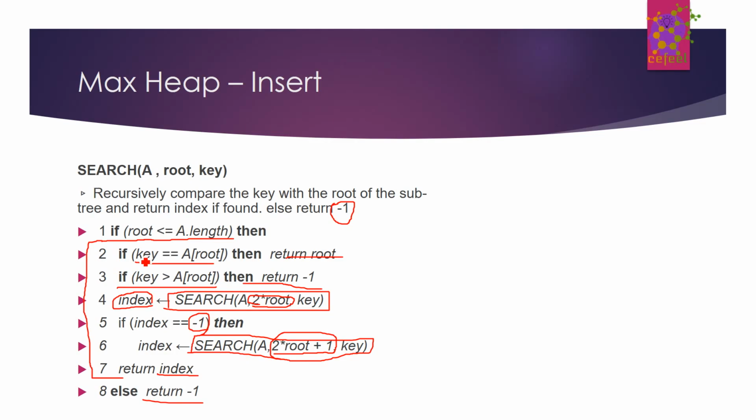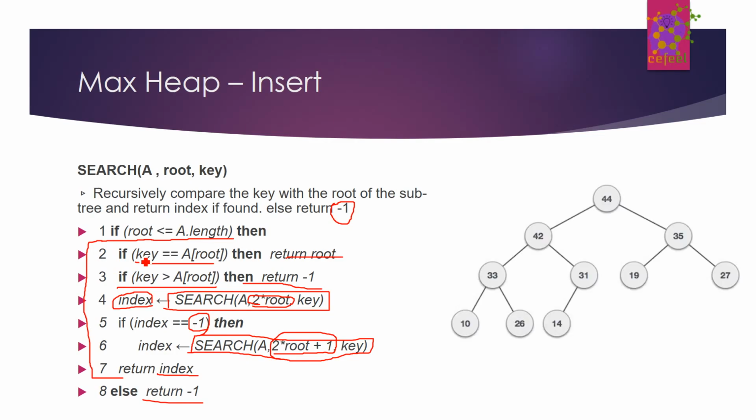Alright, cool. Now let's apply this algorithm to an example. In this case we have this binary heap, and let's say we need to search for 37. Notice 37 is not present in the heap, but let's see how the recursive calls are made. So the first step, as we know, we go to step 1, we check if root is less than